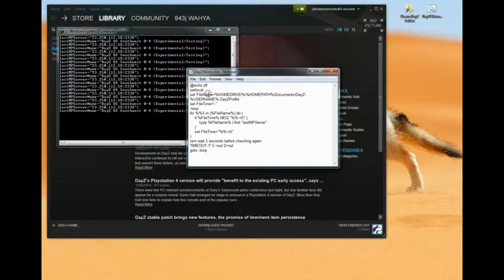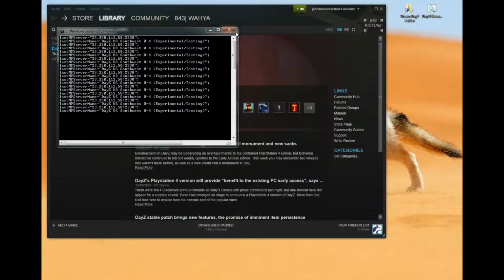I'll leave this on the screen a few seconds so you can pause and get the code. You just put that into a normal text file, rename the text file as I did DayZHistory.bat, and then all you have to do is double click the file and this will pop up, and you have it running whilst you're playing,